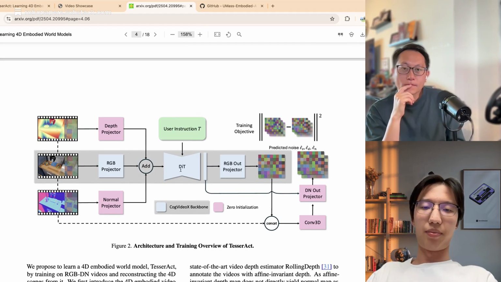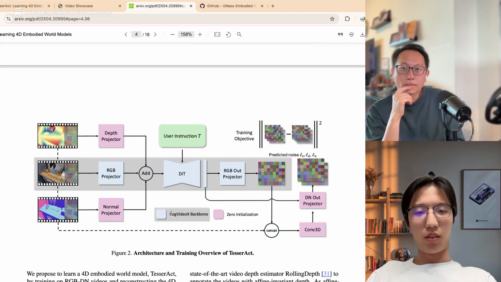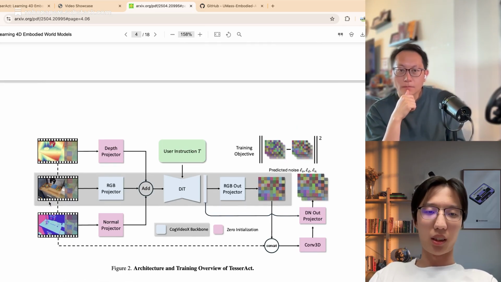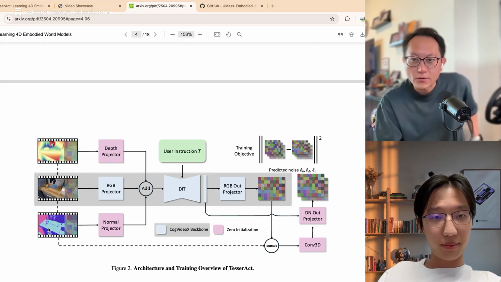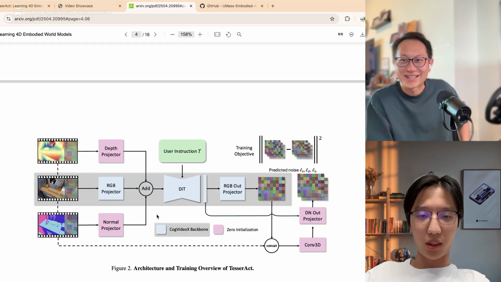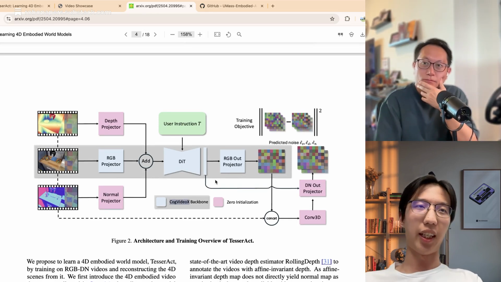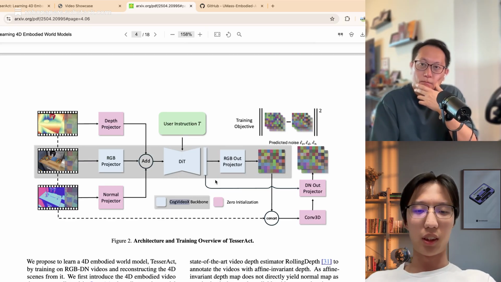So this is the overview of the training architecture for TesserAct. We borrowed the CogVideoX backbone for the main part. Could you share a bit what CogVideoX is, for those who don't know? Sure. CogVideoX is a video diffusion model like Sora. It's general purpose for video generation.